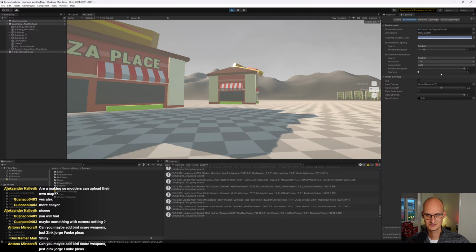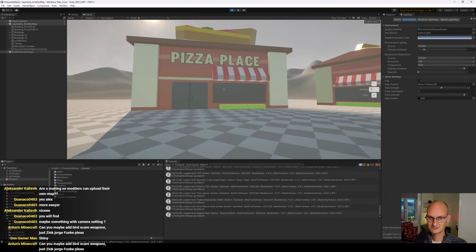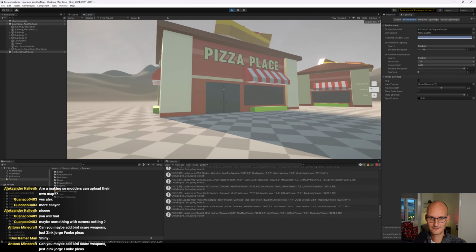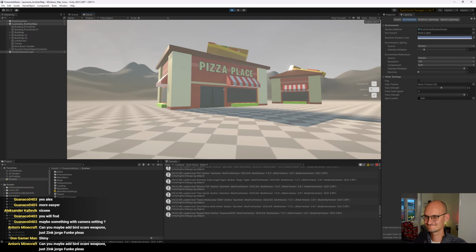Hi Anton, well, I might not, but some modders might be able to do that, create that. Maybe some with camera settings. Nah, no, because